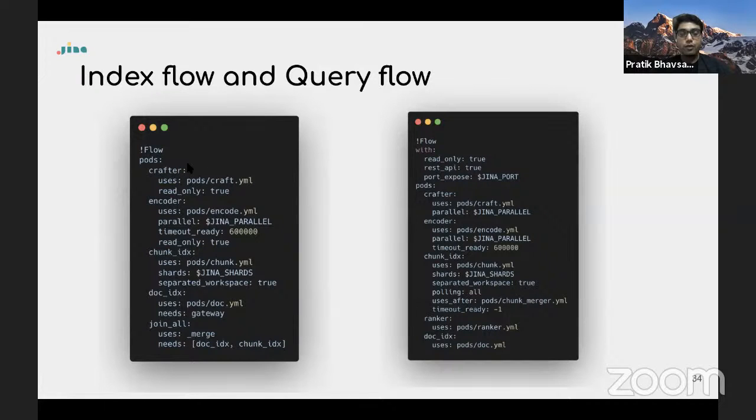So it's quite easy. You already talked about it. This is the index flow. First, you have the crafter, which is breaking this, which is the synthesizer. Then you have the encoder. Now here you see that